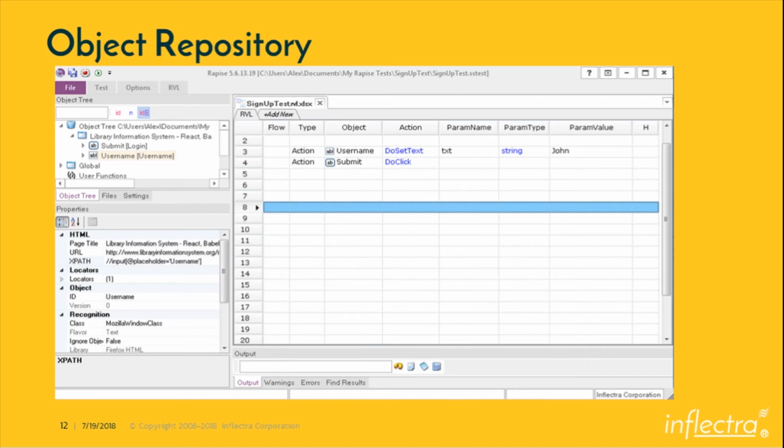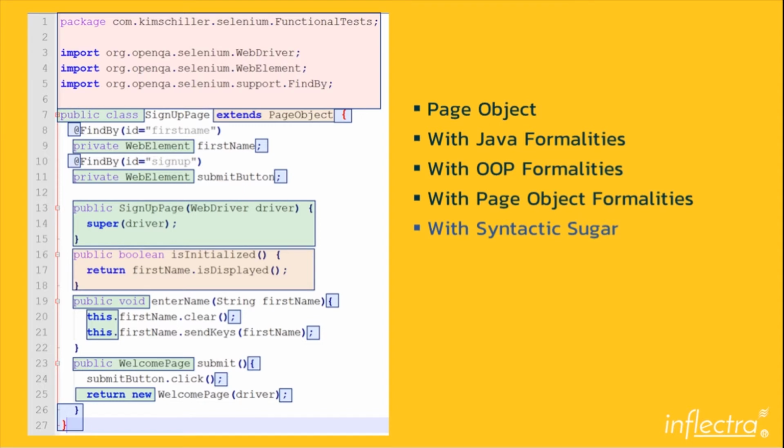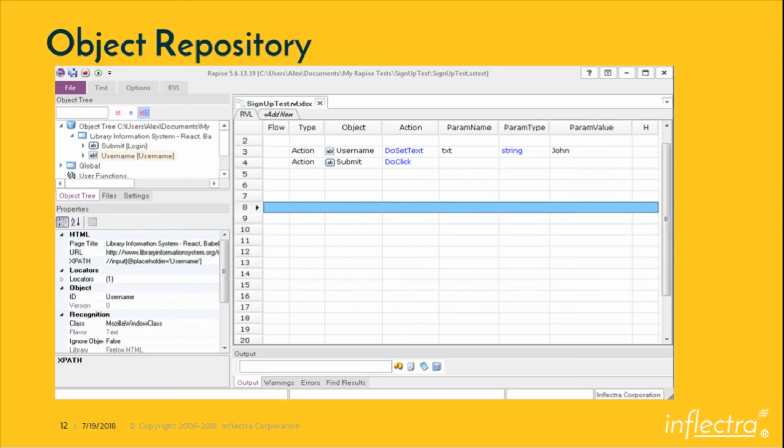People who are familiar with the page object approach may feel that it is missing something. But what we're trying to explain here is that we have all those features that you have there, but we removed all redundant things, all things that are not related to testing, to make it the most effective and convenient environment